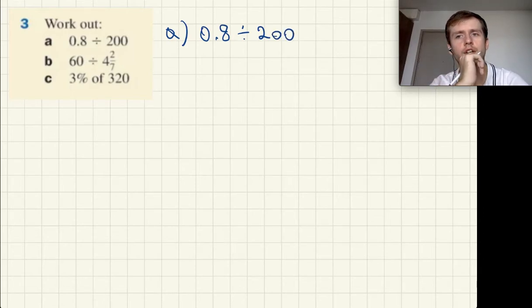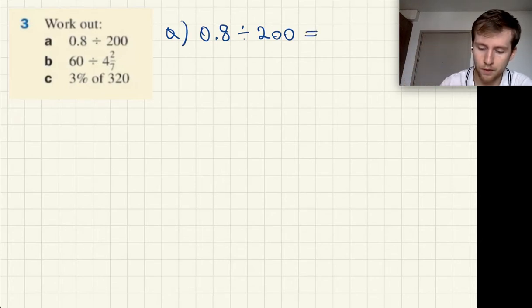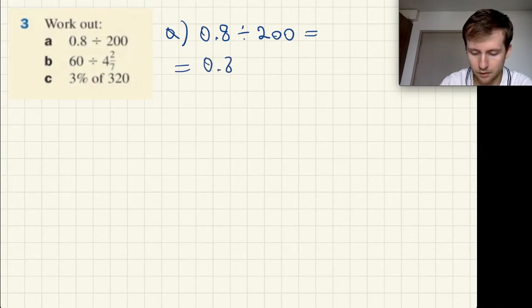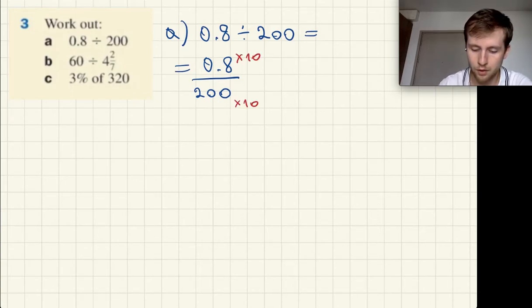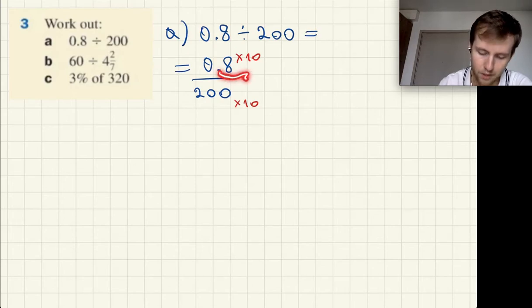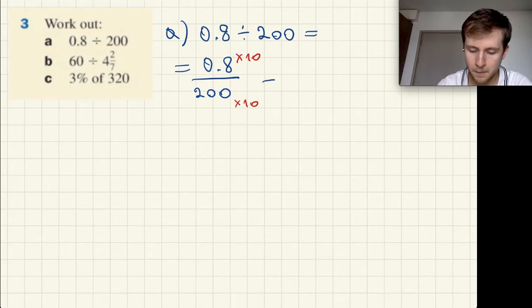What mental strategy can we use here? What can we do about it? Well, we can turn it into a fraction, like this: 0.8 over 200. And then again, we have to get rid of the point. So if we times both parts by 10, we get rid of it. Shoo, the point. Yeah? So we get 8 over